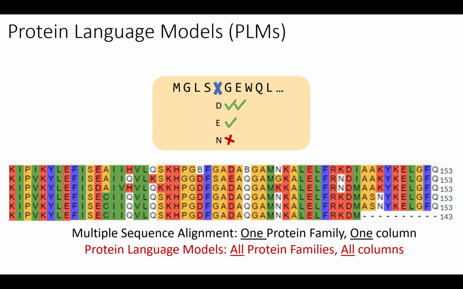Protein language models are like the movie Everything Everywhere All at Once. You take all proteins, you don't even care about families, and you look at all possible combinations across columns. You can make MSAs more sophisticated by looking at pairs of columns, and that is called correlated mutation analysis, but that soon starts to get combinatorially complex. PLMs, by folding that long range interaction into the transformer architecture, are able to look at both short range and long range